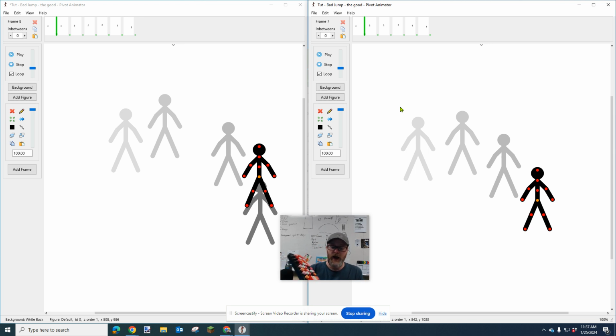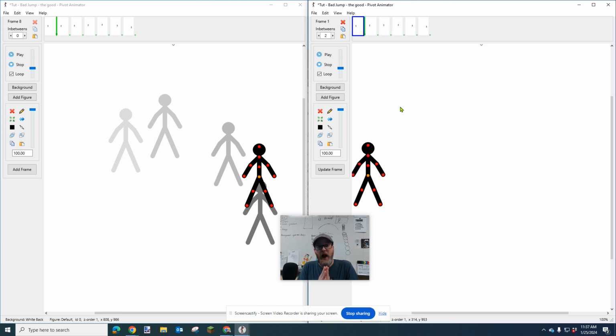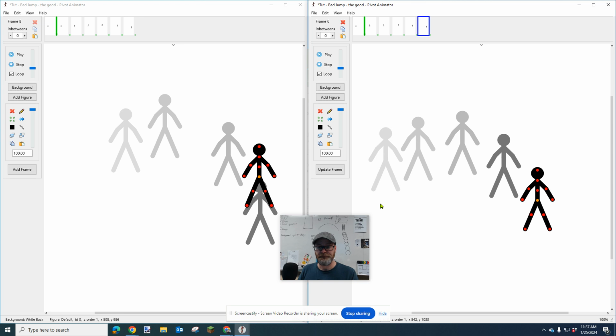Now, one, I want to highly emphasize these keys right here. You've got the greater than and less than sign. Now, if you look and see what happens when I press the greater than and less than sign on the second animation here on the right, it moves forward and backwards through your animation. This is how you can get better by looking at what you're doing. Okay, so I'm going to use that and I'm going to look and see what's happening that I can do